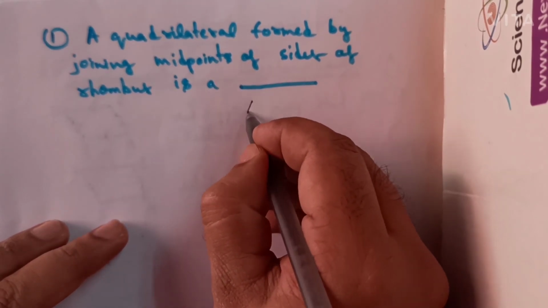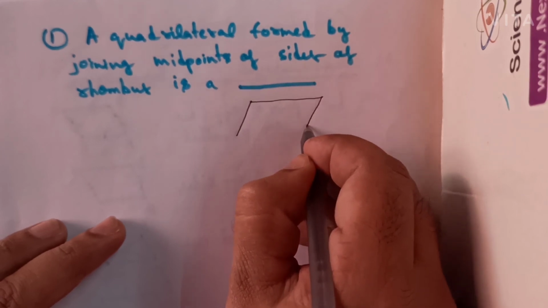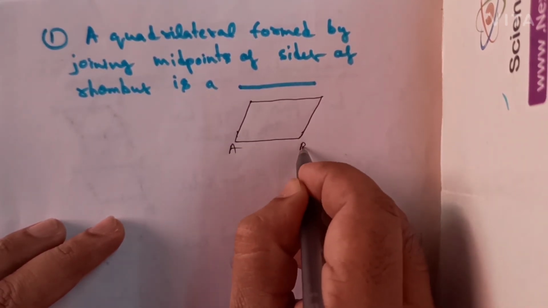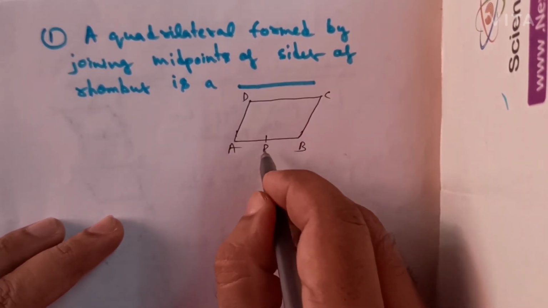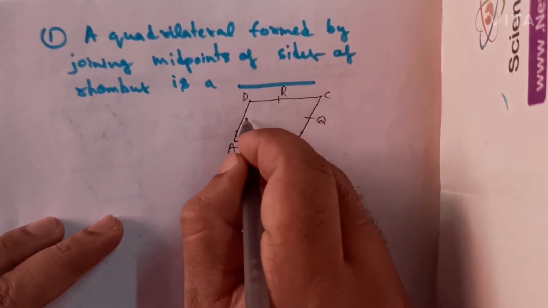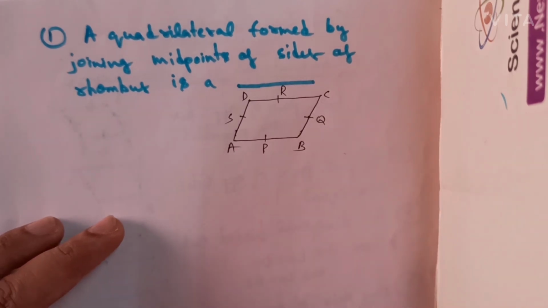Like this is a rhombus, ABCD is a rhombus, and if we join the midpoints, that is midpoint of AB is P, BC is Q, CD is R, and AD is S. So if we join PQRS,